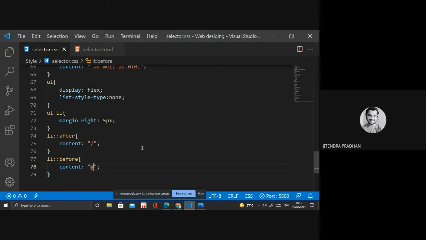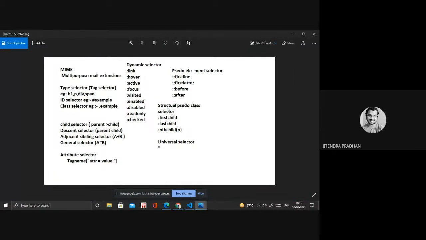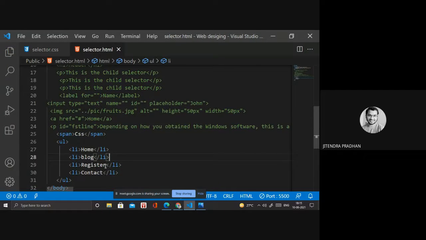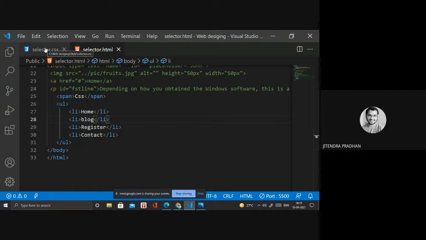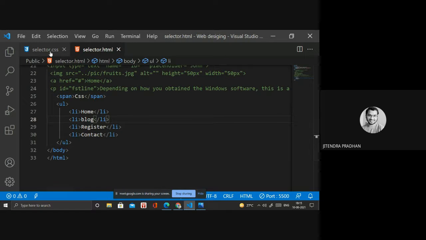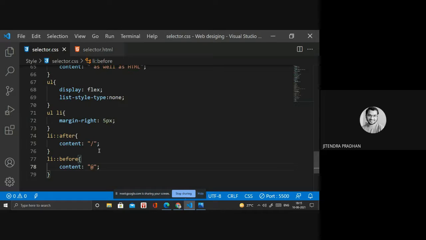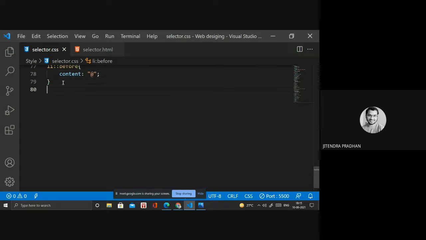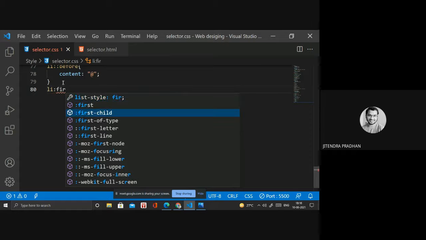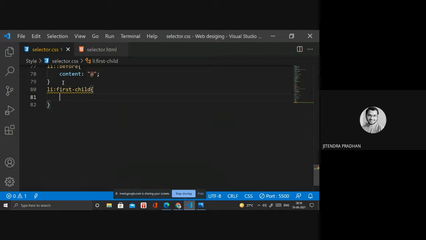So next we have to discuss structural pseudo-class selectors: first child, last child, and nth child. Okay, so what is that? Let's see. So we are designing a list item. In the list item, I want to apply first child and last child also. Okay, let's see how. For first child, in that I need